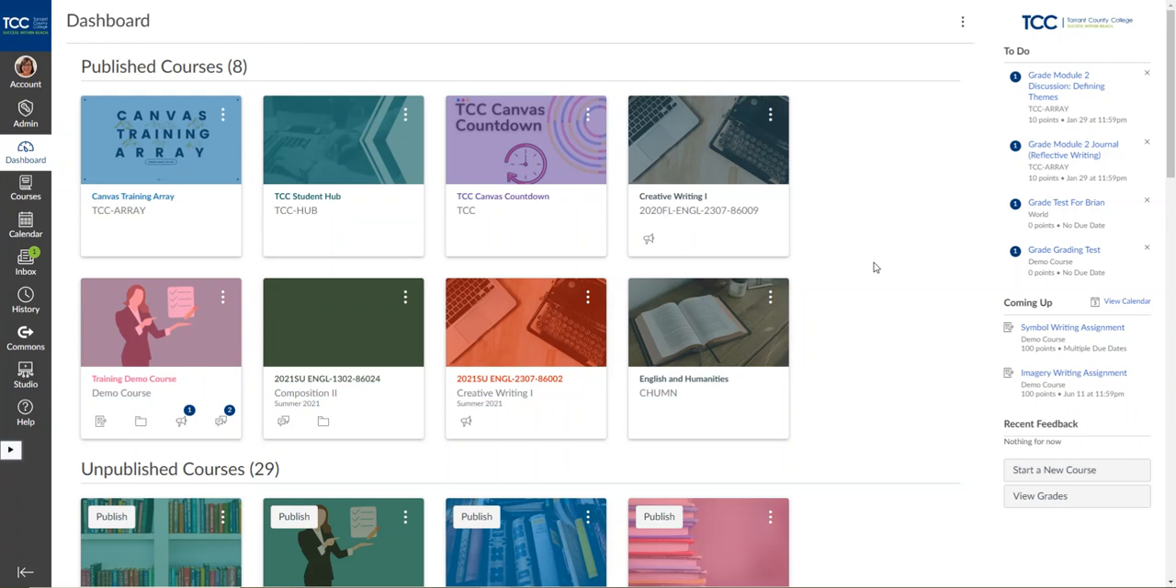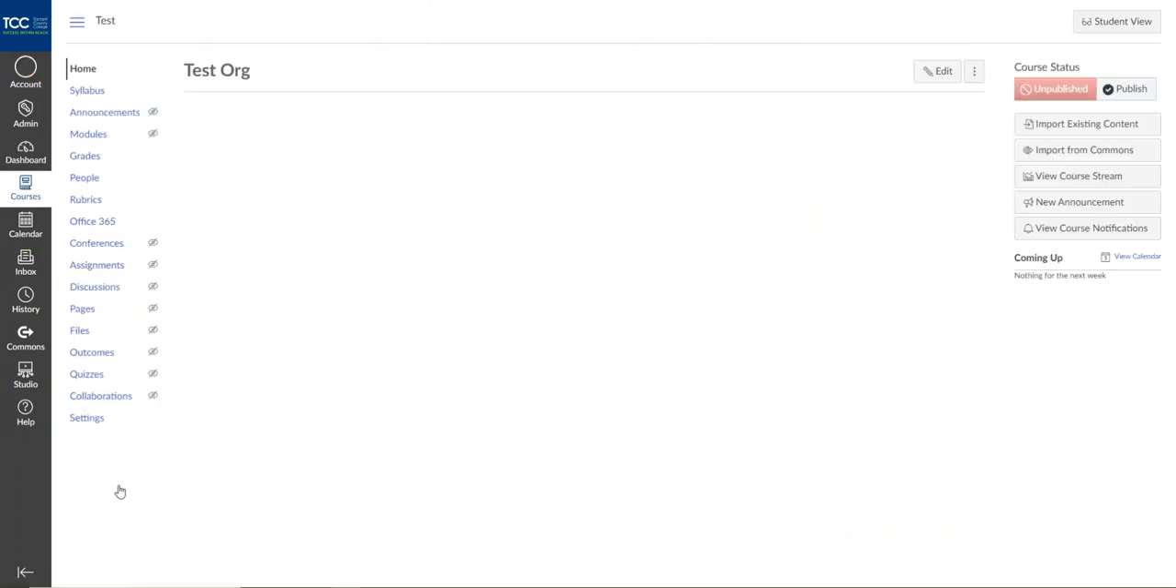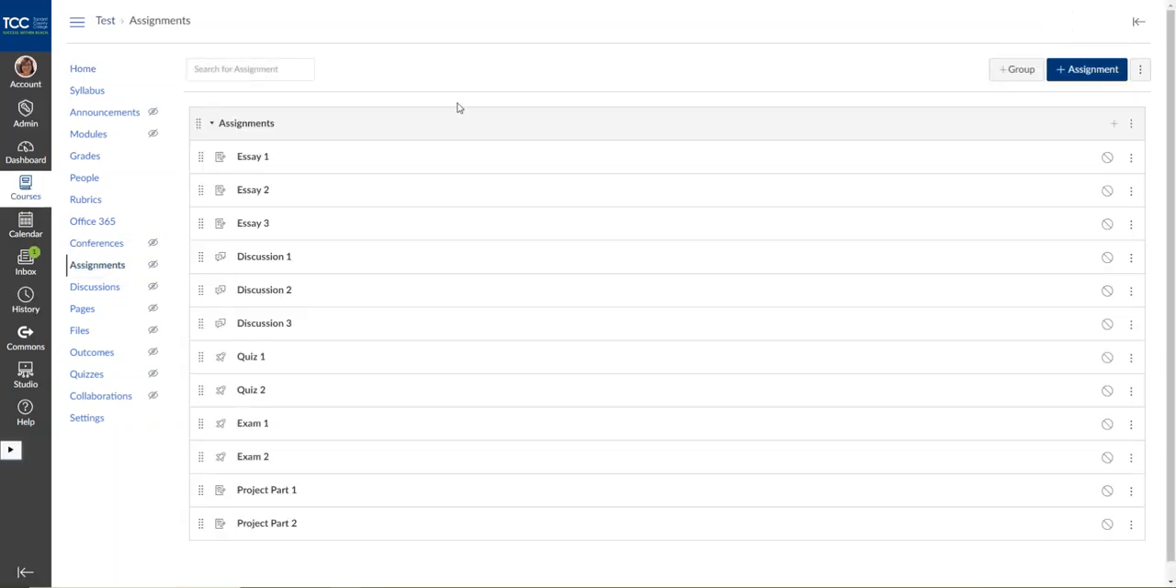So right now I'm in my Canvas dashboard, and I'm just going to scroll down to a demo course I made just for this purpose today. And so you may be used to setting up assignment groups in your gradebook, but in Canvas, you set it up in this assignments area. And assignments is one of those areas that should be hidden from students. So you'll have this eye with the cross out, it's disabled,